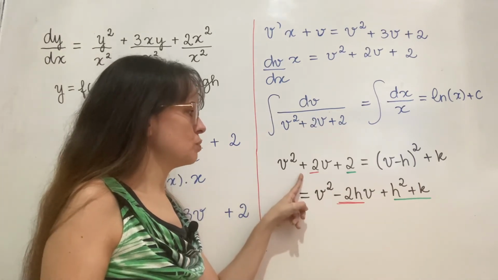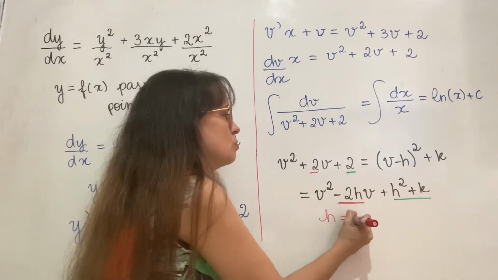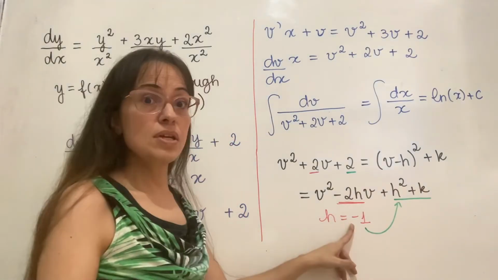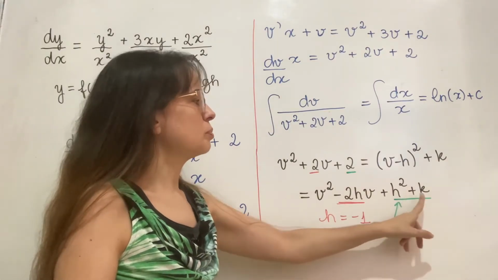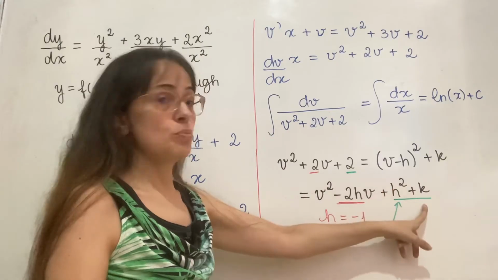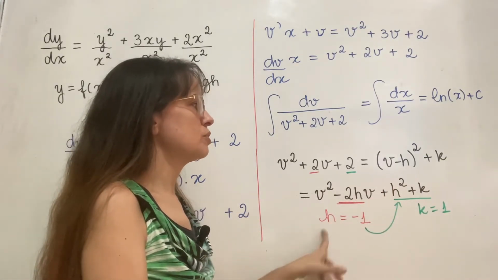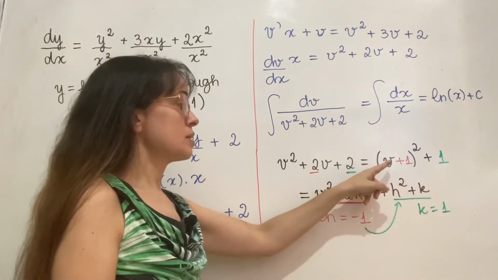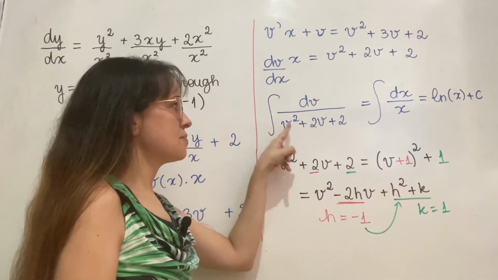So 2 needs to be the same as minus 2h, which tells me that h needs to be -1. And then if h is -1, then h squared is 1. So 1 plus k is 2, which means that k is 1. Now I'm going to put those two numbers into here and substitute that back in place of this in that